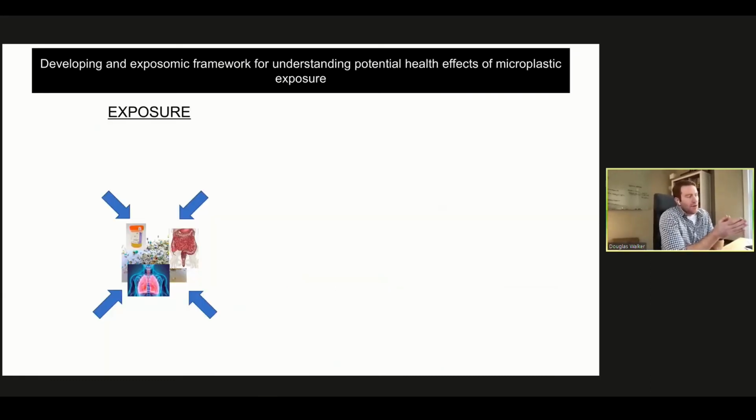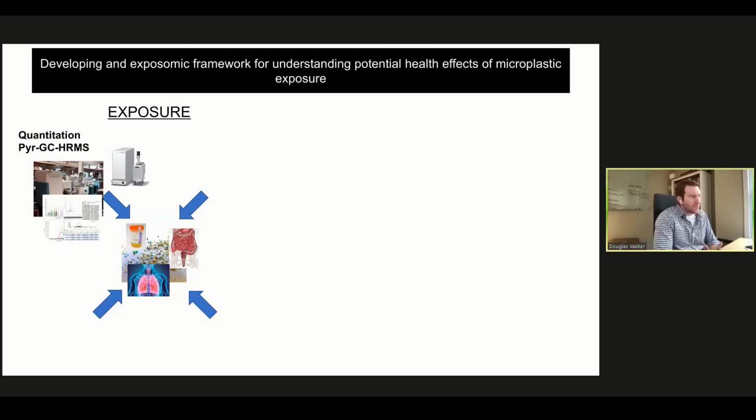And so I think a lot of what we're focusing on is leveraging what we consider an exposomic framework for understanding the potential health effects of microplastic exposure. And what I mean by an exposomic framework is we're leveraging the strengths of the untargeted high-resolution mass spectrometry approaches to provide in-depth characterization of exposure to microplastics, as well as using more traditional approaches to better understand certain